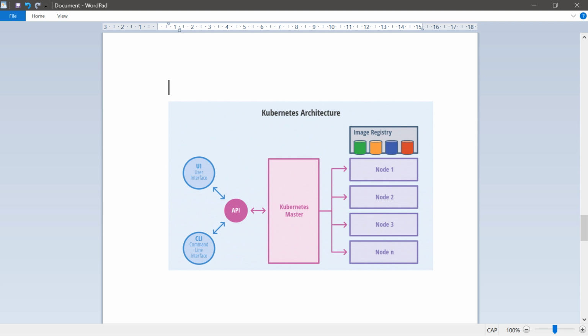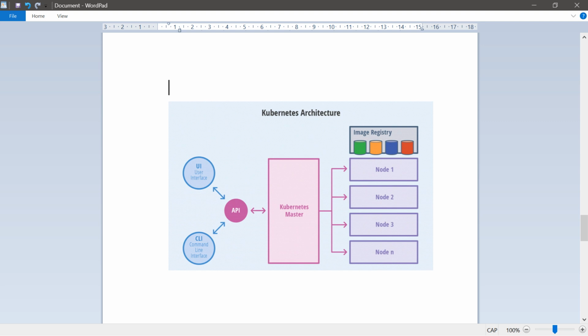Those worker nodes are connected to the Kubernetes master. The Kubernetes master connects to the user interface and command line interface, and outside there is our image registry. This image registry may be Docker Hub or our private registry.